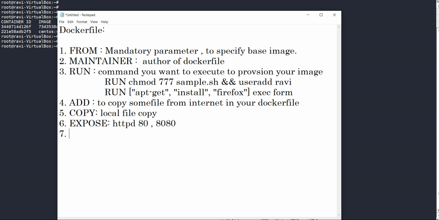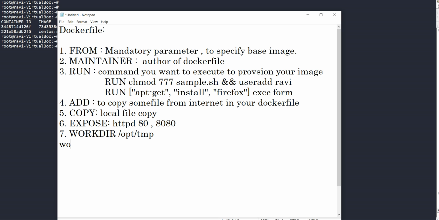Then I have WORKDIR. Suppose I write workdir /opt/temp, it means I'm changing to this directory.